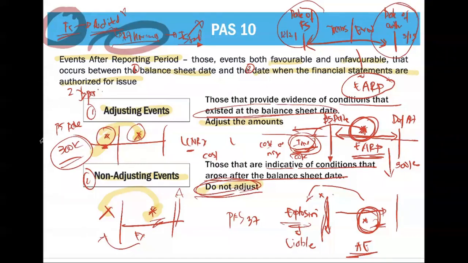When can we say that the event is considered adjusting? The event is considered adjusting if it already exists as of balance sheet date. Non-adjusting if it does not exist as of that balance sheet date. It only arose after the balance sheet date. Wala siya dito, pero nagkaroon lang dito. Eto, meron na siya dati dito, tas may nalaman ka pang info tungkol dyan after that date. Kaya nga siya, events after reporting period. Okay? PAS 10. So we're done with PAS 8 and PAS 10. PAS 8, accounting policies, changes in accounting estimates and errors. PAS 10, events after reporting period. We'll proceed to another